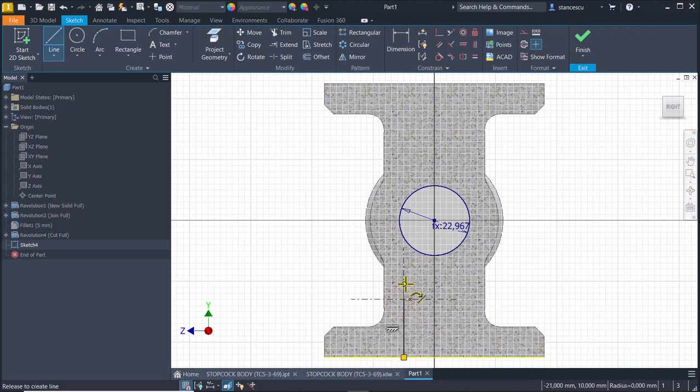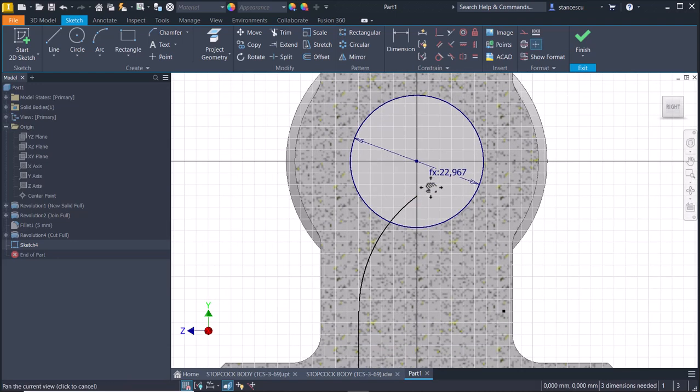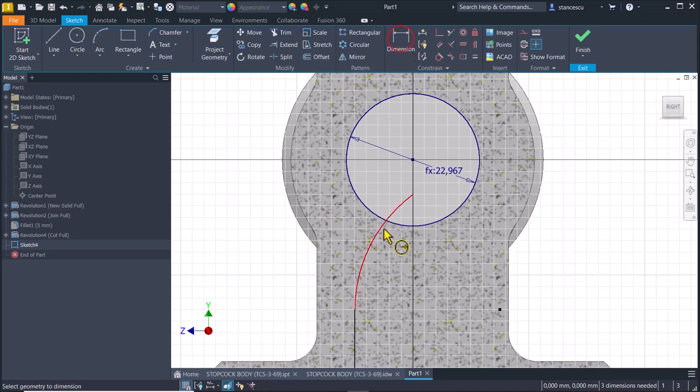left button of the mouse and I go somewhere here on the same vertical with the center point. The vertical is this one. Let's see. This is vertical between these 2 points. Yes? Now I cannot move this point, but only so. The dimension of this arc is 40. The diameter